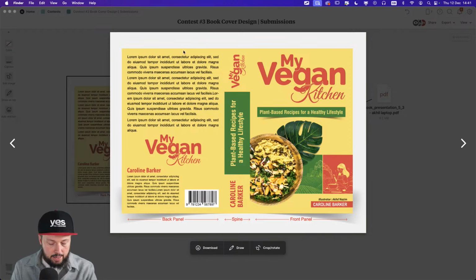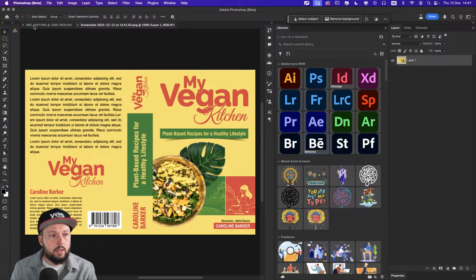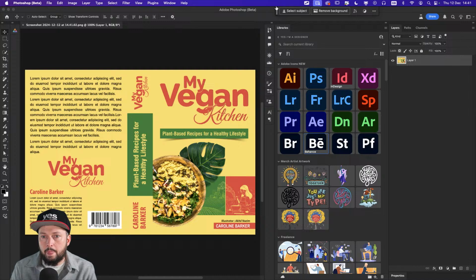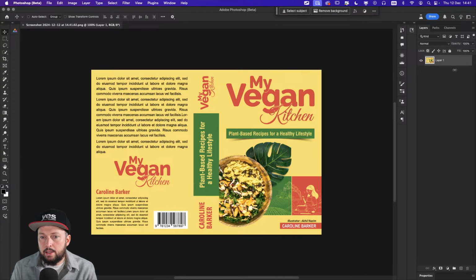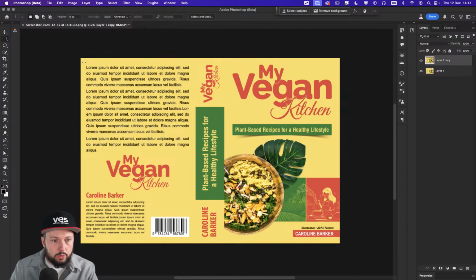Let me just get my file up in Photoshop. Okay, there we go. So if I close these panels, and this is something that we always do for our pro members, the students that learn from us. We actually review their work more this way, where I start making changes live to show them what could be improved. So I'm going to start with a duplicate layer,